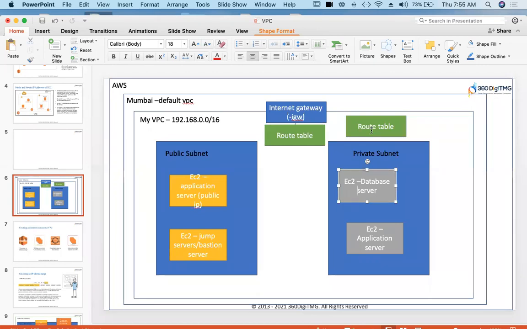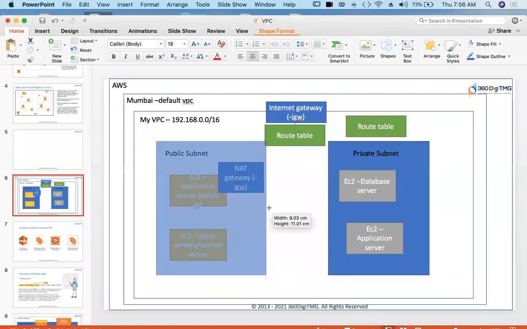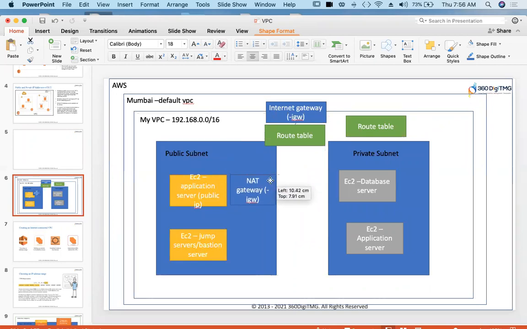So here you can use something called as NAT gateway. Like internet gateway, there is NAT gateway. NAT stands for network address translation. And this NAT gateway you'll launch here in your public subnet. Why? Because public subnet is attached to internet gateway as well as route table.